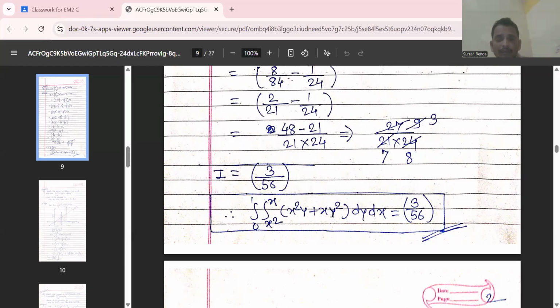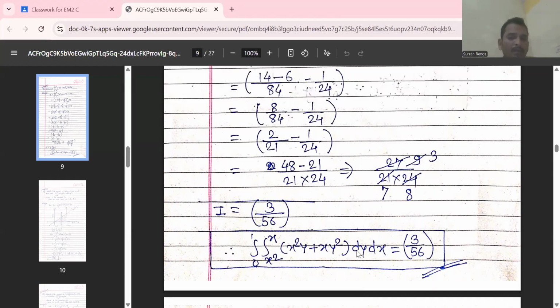Let us start Exam Decoder of Engineering Mathematics 2, module number 4. We are discussing module number 4. In that module, we had completed one type of question discussion, and that question discussion is